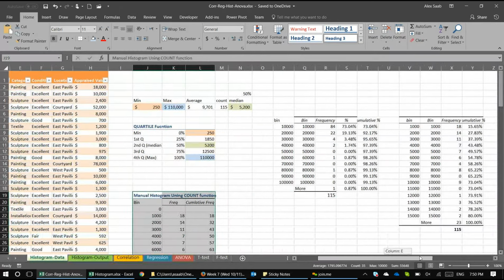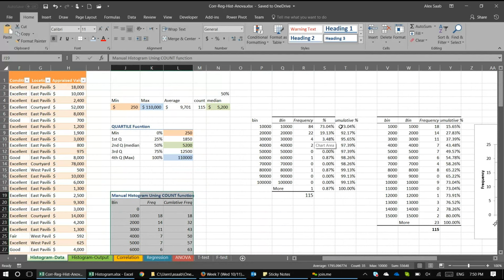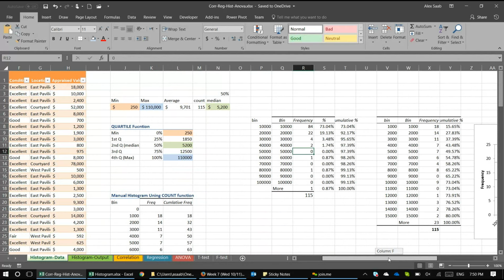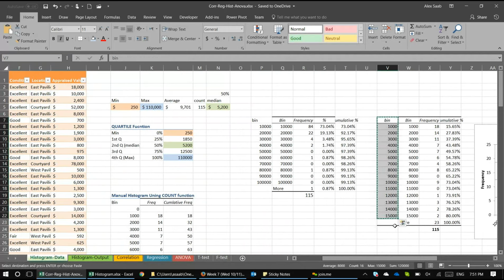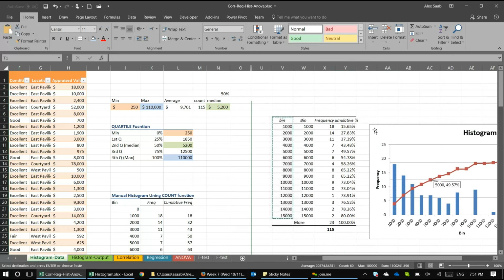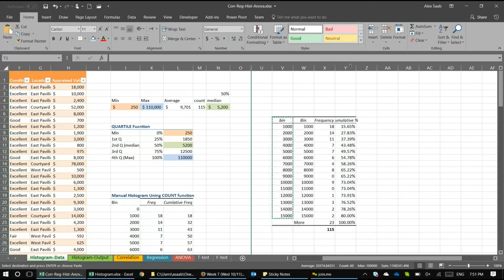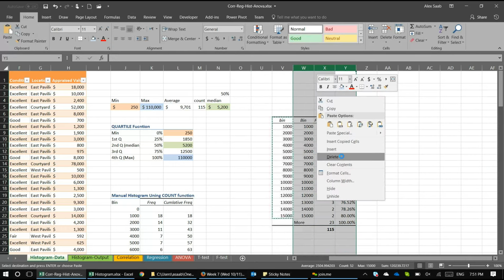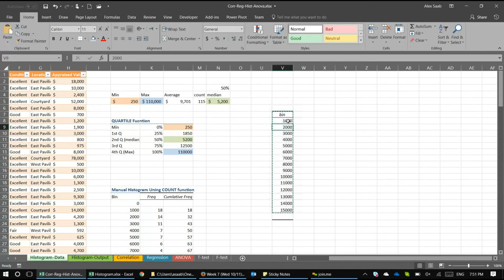So we can go back to this histogram. We'll create another set of bins. We can use this again. Let me hide these. And I'll delete this and we'll do it again. So the bins we're gonna work on,